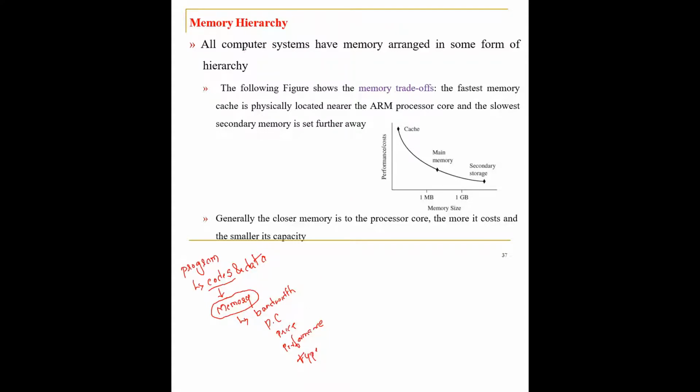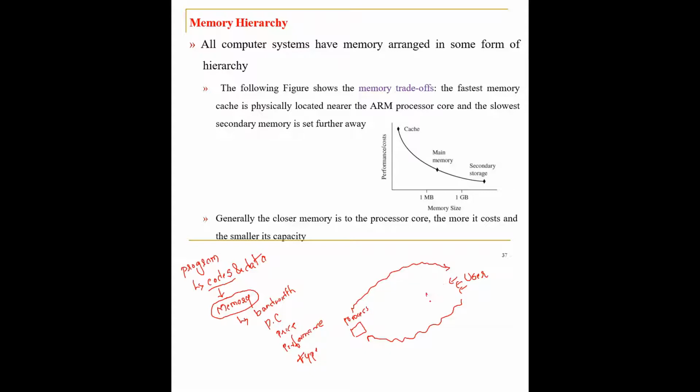When I speak about a computer system or a system which has a processor, it will have all the memories arranged in some form of hierarchy. Let us say this is the user, that is you, and this is your processor, which is going to process the data. You are going to feed some data to the processor. How does the data that is fed to the processor travel to it and get processed? And once it is processed, how does it travel back to the user?